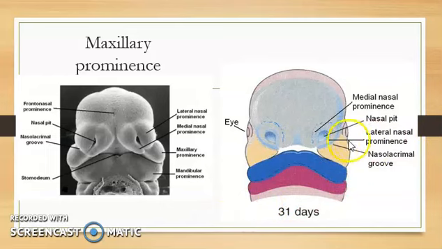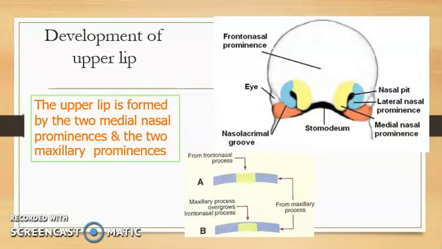These maxillary prominences grow medially, and they compress the medial nasal prominences towards the midline. So subsequently, the cleft between the medial nasal prominence and the maxillary prominence is lost, and the mesenchyme of the two fuse. Here you see, these are the medial nasal prominences moving towards the midline because of the growth of this maxillary prominence,